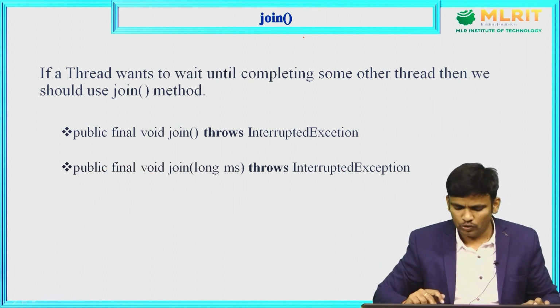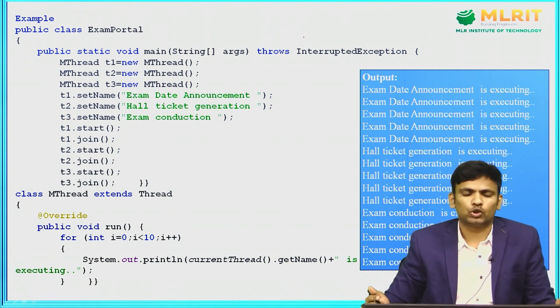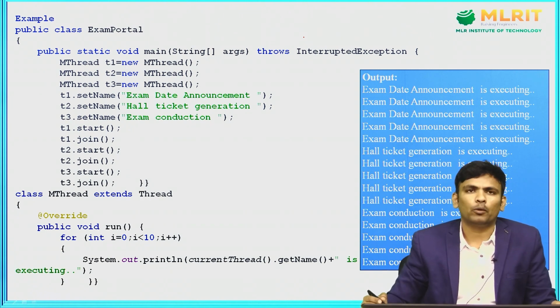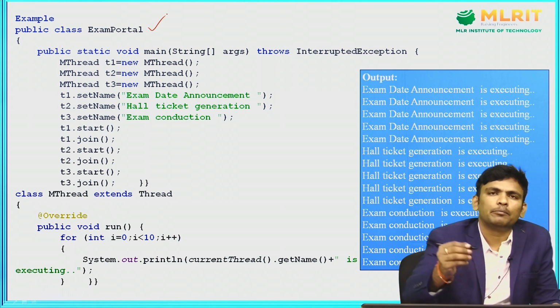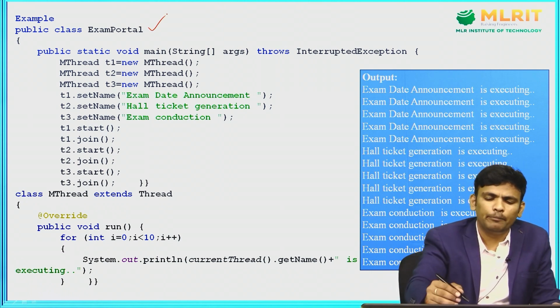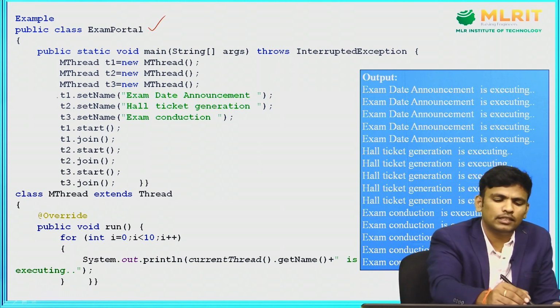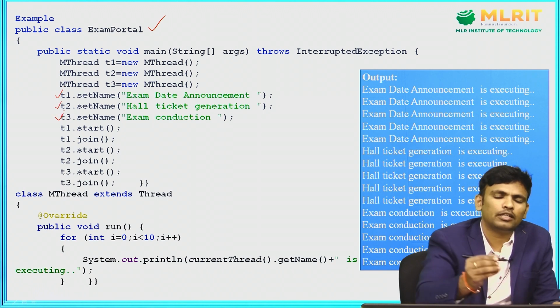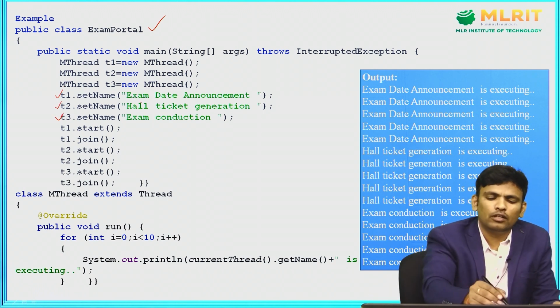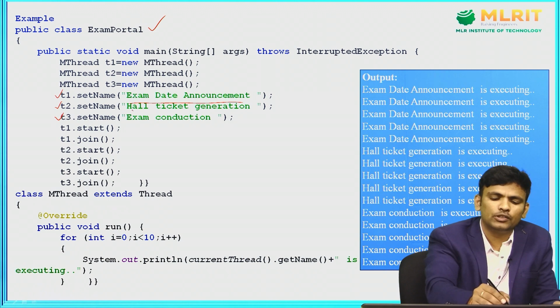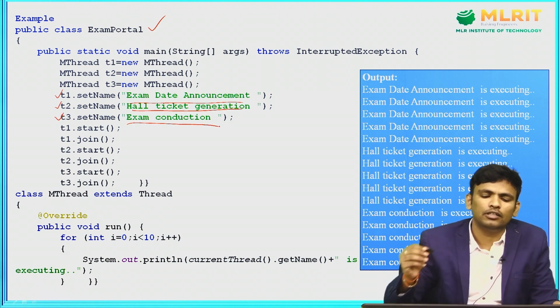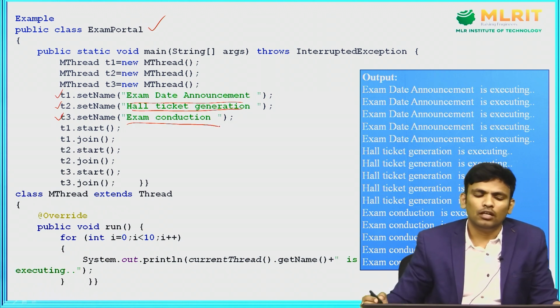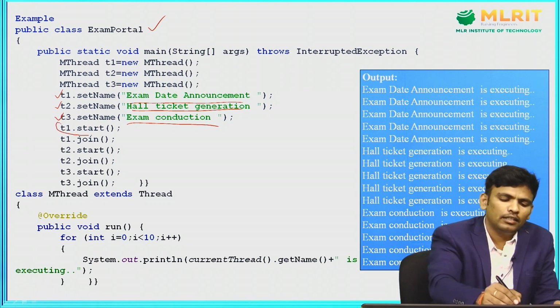Now we'll see a sample example, the same story I just explained. Here I am developing an exam portal application and using 3 threads: thread 1, thread 2 and thread 3. Thread 1's duty is exam date announcement, thread 2's duty is hall ticket generation, and thread 3's duty is exam conduction. Now here, after starting T1,